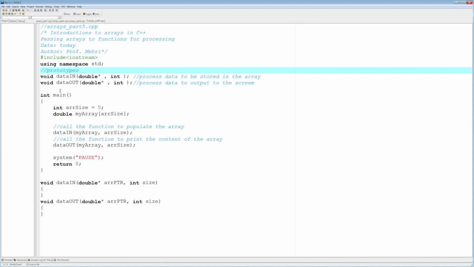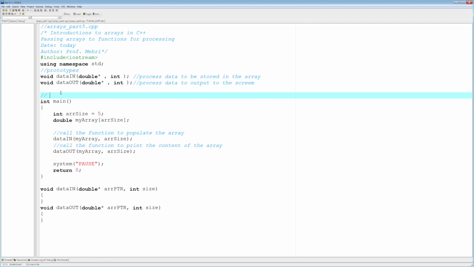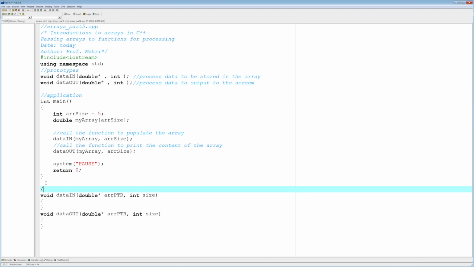Okay? And your main application starts here, or your controlling function. And here are the function definitions. This is where you're going to define these functions. Let me recompile this to show you that this is just okay. It's fine. Okay? So this is one way to do things, if you want to do an informal prototype,